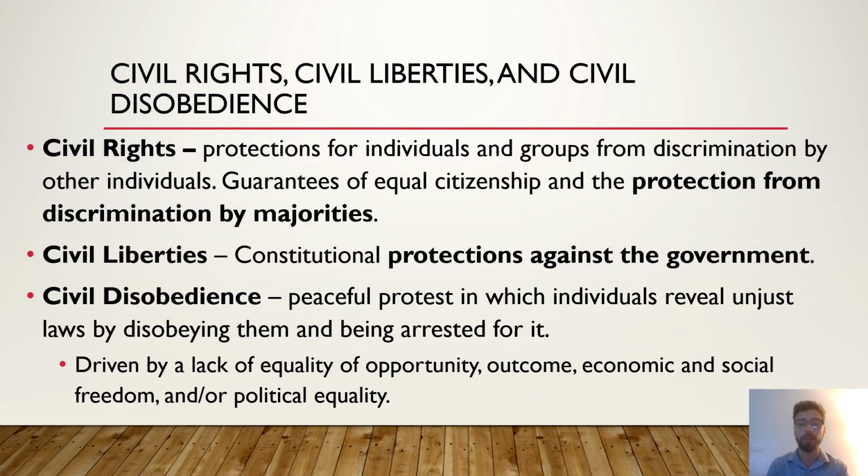So a civil liberty is a constitutional protection against your government. You are safe from infringement not just from majority groups, but from the government in charge at any given moment. So when we think of civil liberties, think about the Bill of Rights. Think about those 10 guiding amendments that tell us these are our individual rights. We'll talk about a process called selective incorporation later on, which helps us understand the development of our civil liberties, particularly in the Bill of Rights throughout U.S. history.